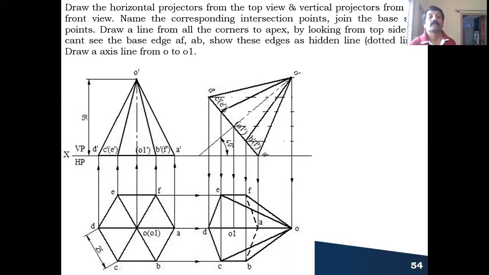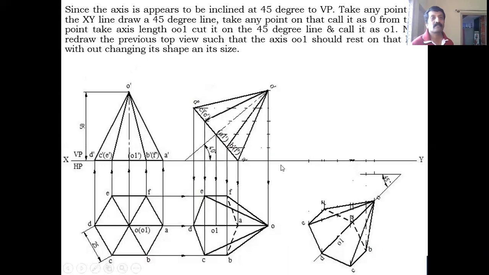Now to draw the final position top view, since he has given the axis appears to be inclined at 45 degree to VP, directly I can take that 45 degree line and I can incline the previous top view here. Don't need to take the locus. Directly he has given the apparent inclination. So take any one point on the right side of your XY line, draw the 45 degree line. After drawing the 45 degree line, take any one point on it, call it as apex point